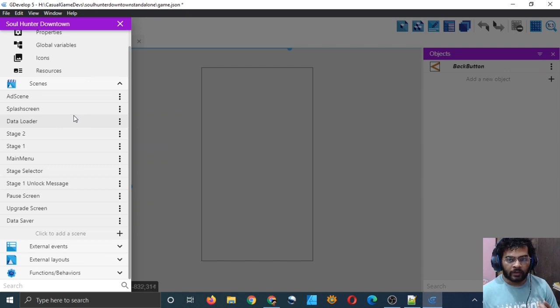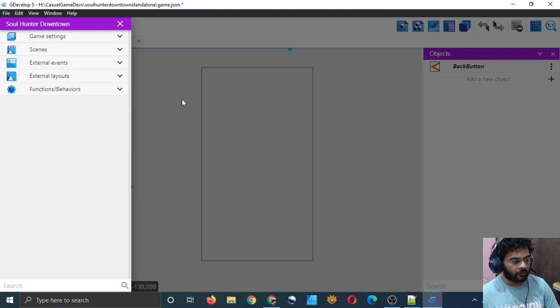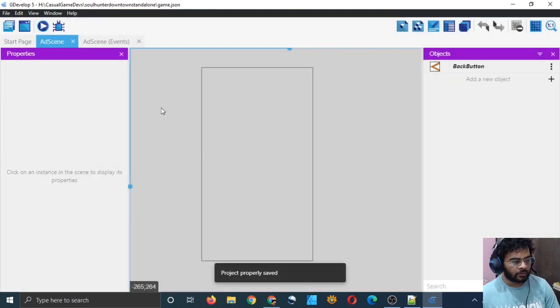Yeah, now the ad scene will run first thing. So let me now publish this app to Android just to test the ad if it's working or not.